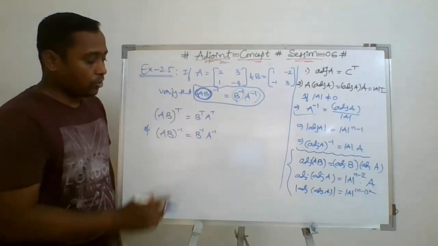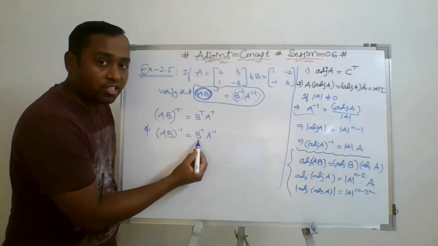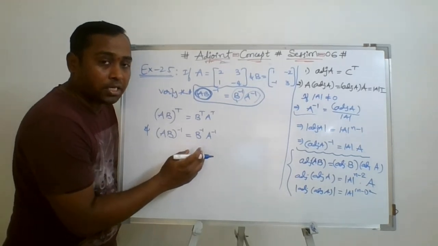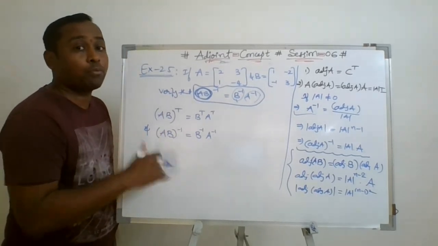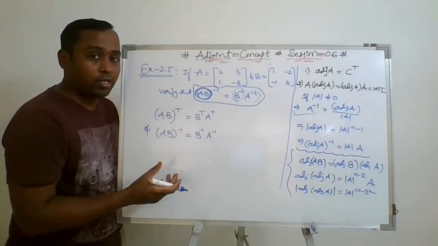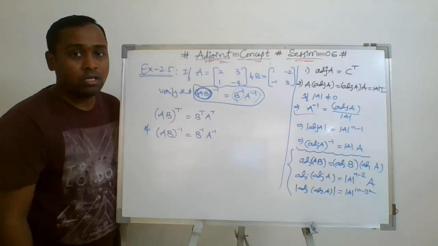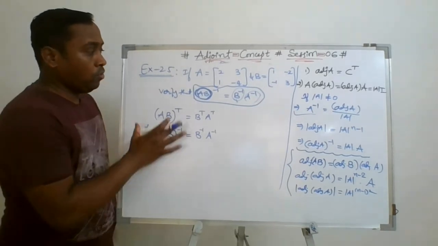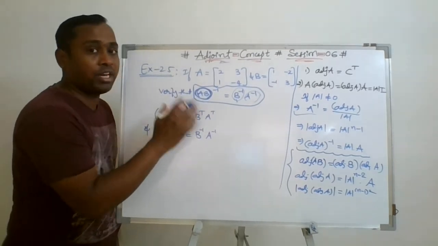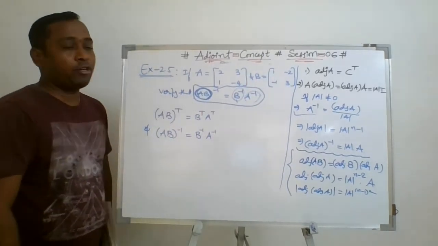Getting my point? So from these two results, whenever it is true, we can say that A and B both are non-singular matrices, means inverses exist. If these two are non-singular matrices, then AB is also non-singular. Their product is also non-singular. I repeat, if A and B are non-singular matrices, then their product is also non-singular. AB is also non-singular, BA is also a non-singular matrix. So this is as a question you are solving, but as an important result you can remember. You may add this result in your list. Okay, fine. Coming to the next question.